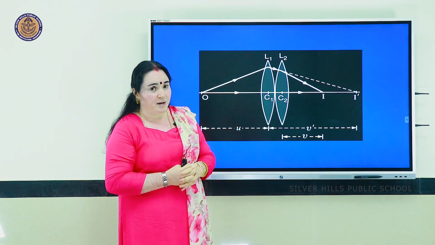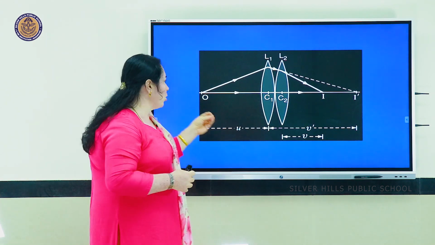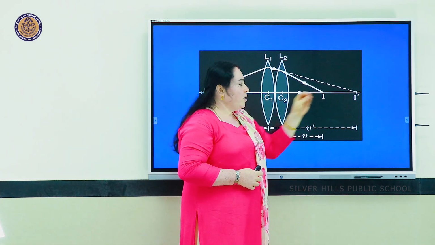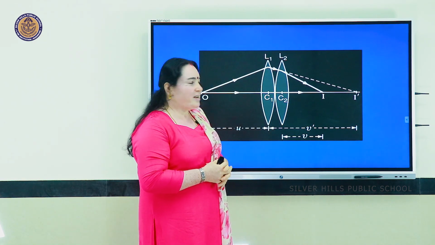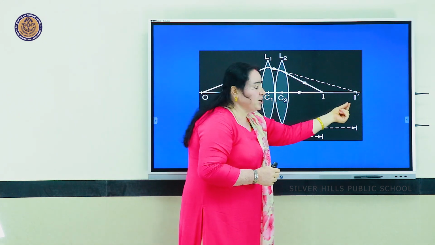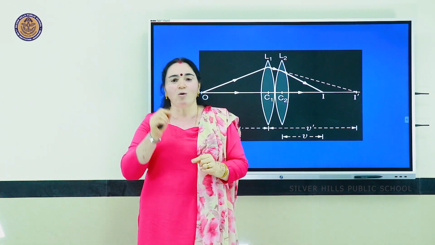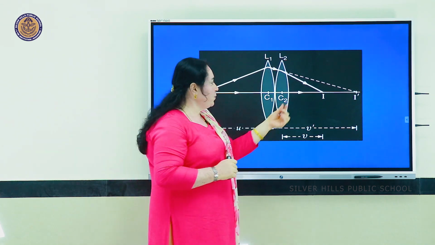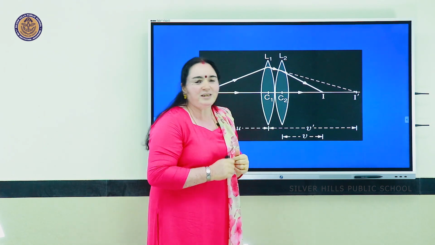Now how is that possible? For an image to be created, there should be an object. So I have the object here, its image is created here, I dash, right? So for this lens L2, where is my object? That is the fun behind it. The object is actually the image created by your first lens, and that becomes a virtual object for the lens L2. The final image obtained over here is actually because of the virtual object that is there.